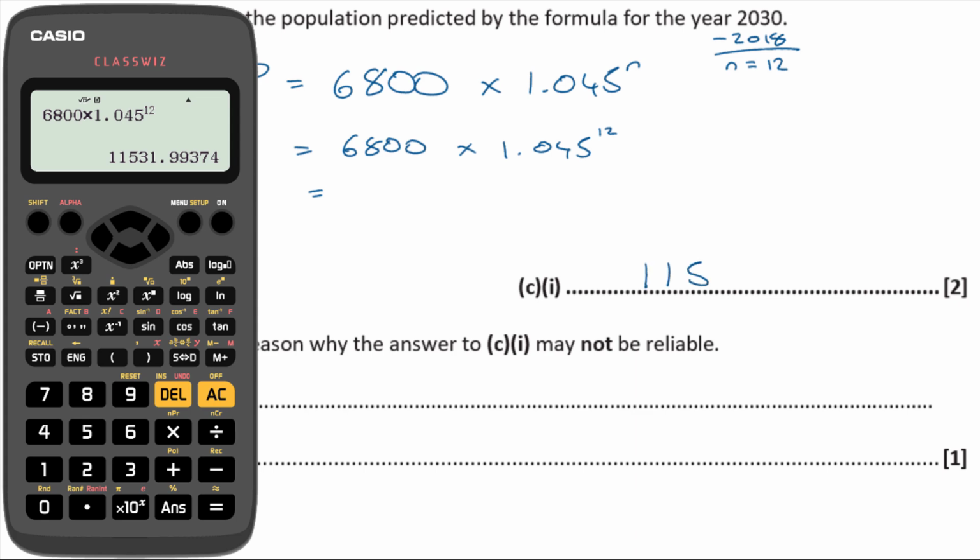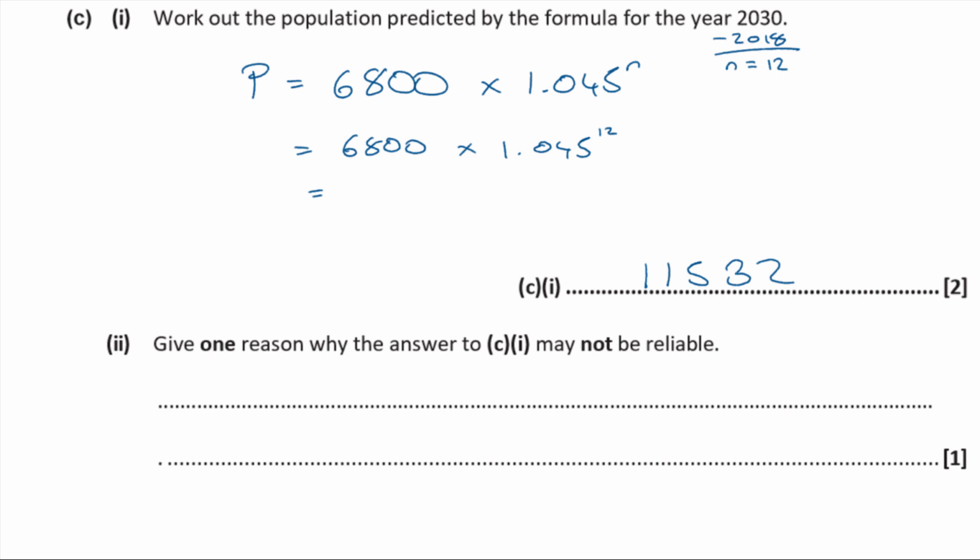So 11,532. Give one reason why the answer to C part 1 may not be reliable. Well, this model assumes that everything stays the same for the whole 12 years, doesn't it? But you know, things happen, don't they? You know, wars, famines, and whatever. So things can change over time. The situation can change. So the model assumes that the growth rate stays the same the whole time,